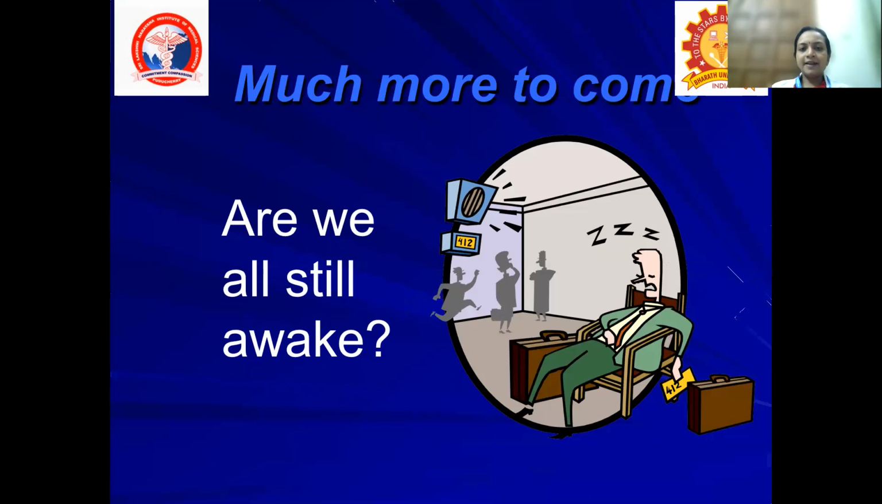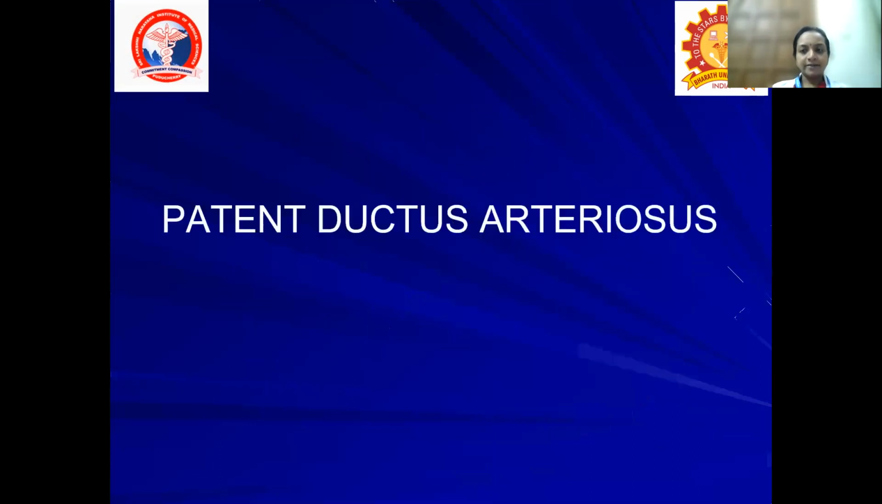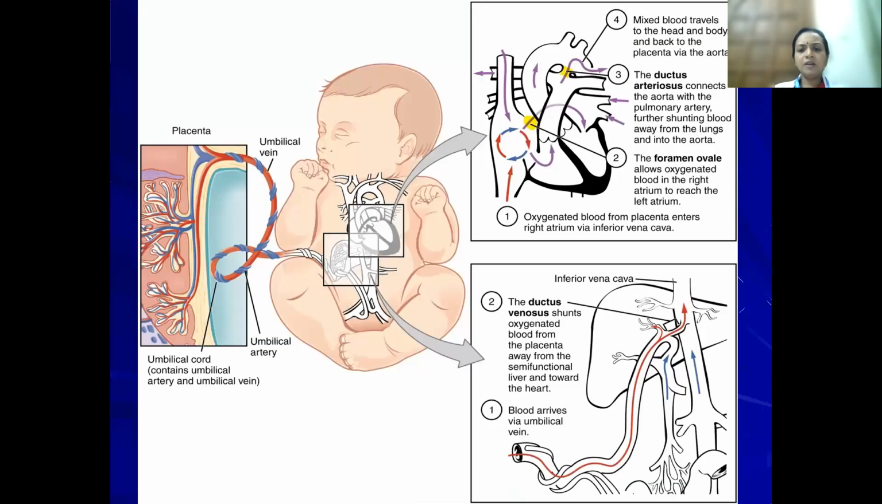Okay, the next one, we will continue with patent ductus arteriosus. Before we go on to what is patent ductus arteriosus, we should know what is normal fetal circulation. You can see here the blood arrives via the umbilical vein and it shunts off via the ductus venosus into the inferior vena cava, and from the inferior vena cava it enters into the right atrium and flows across the